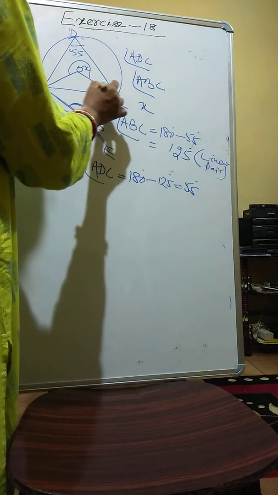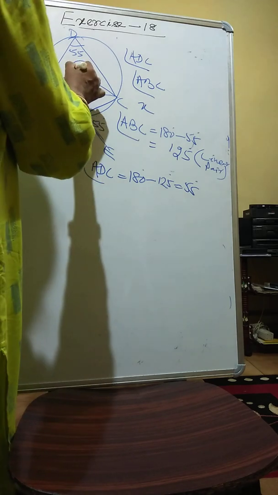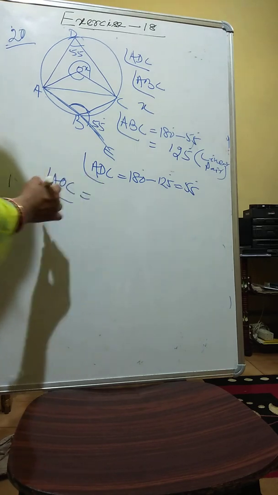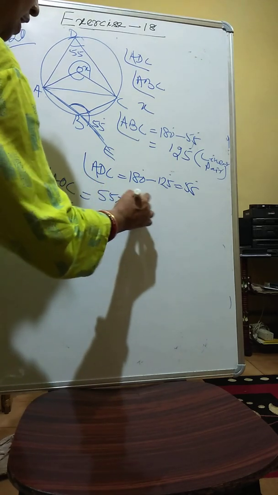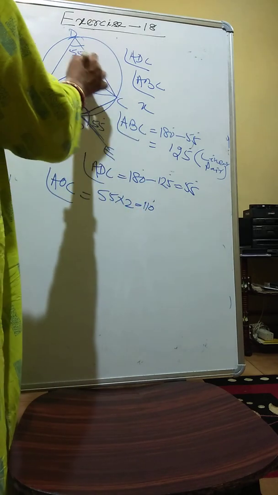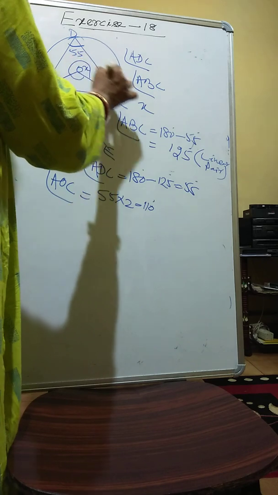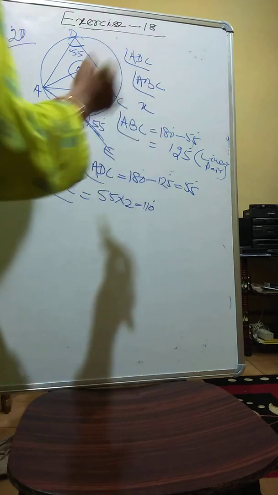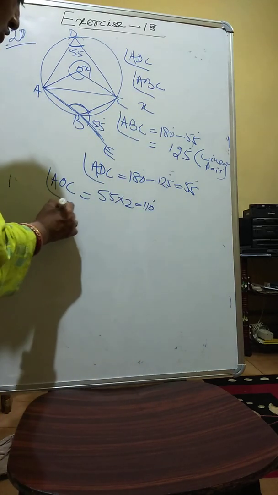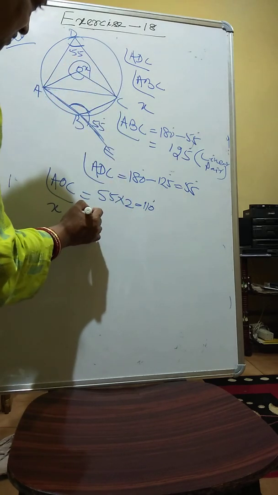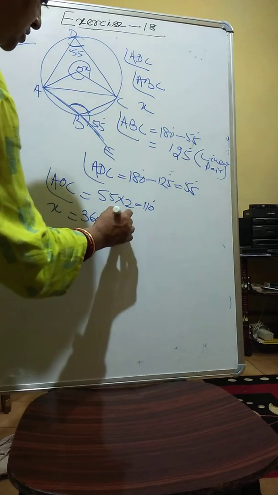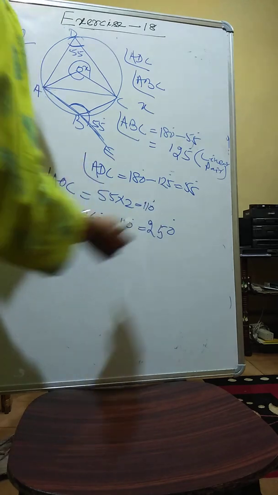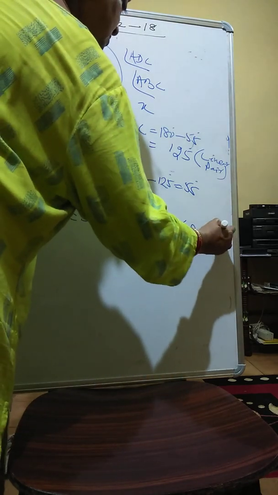Now children, if I join it, you see that I have to get this angle. AOC is equal to 55 into 2, 110. Why? Angle lying on the circumference is half of the center angle. Now, angle at the center is double the circumference angle. Therefore, I am writing 110. So, X is the reflex of AOC, that is 360 minus 110. This is 250. You can write reflex angle.